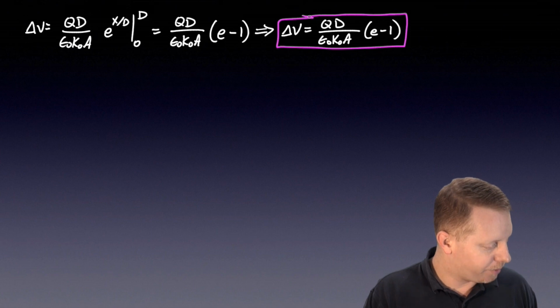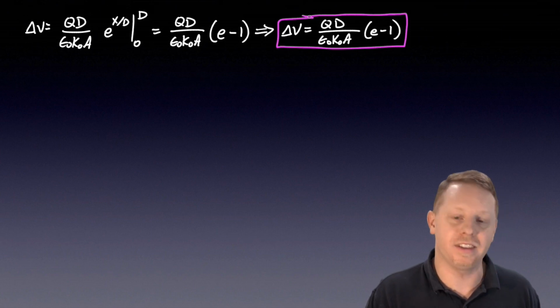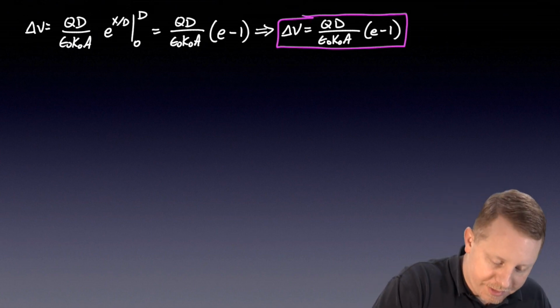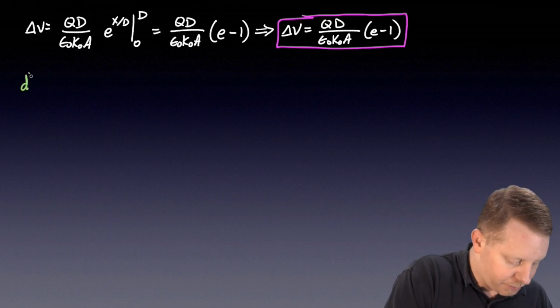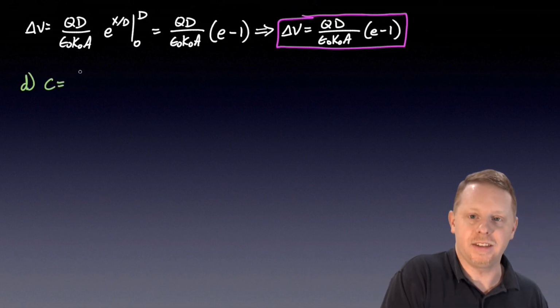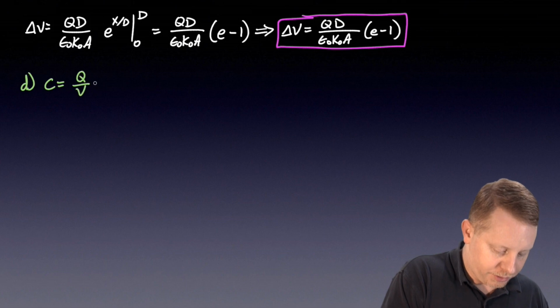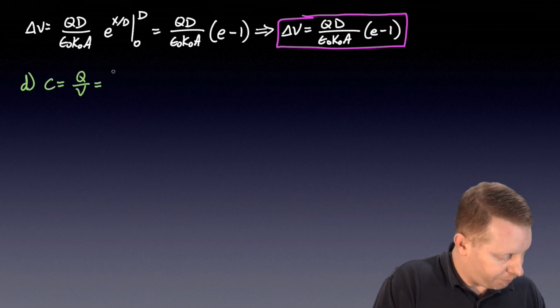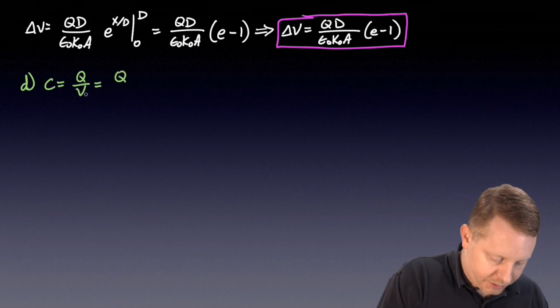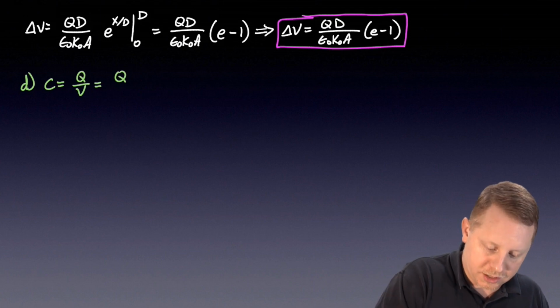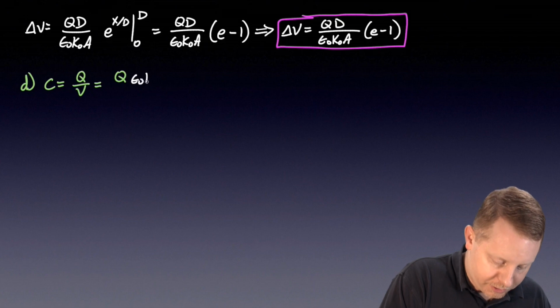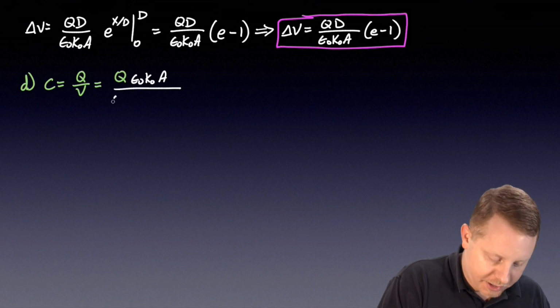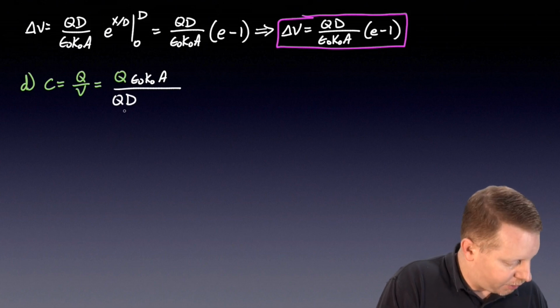All right, now for part D, it says determine the capacitance of the capacitor. Well, at this point, we've done the hard work, so for part D, capacitance is just charge divided by voltage. Well, our charge, Q, is pretty easy. Divided by voltage, we just put in our equation for voltage, so Q over V, that'll be Q epsilon naught kappa naught A, divided by QD